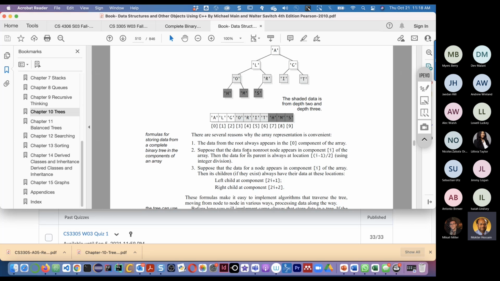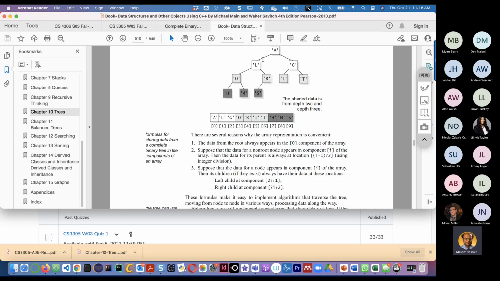And suppose that the data from a non-root node appears in component I. For instance, we say that this is the root, and then these are non-root nodes, denoted by I in the array.